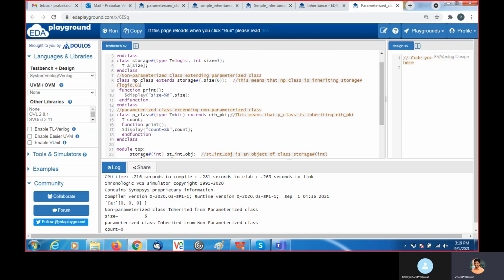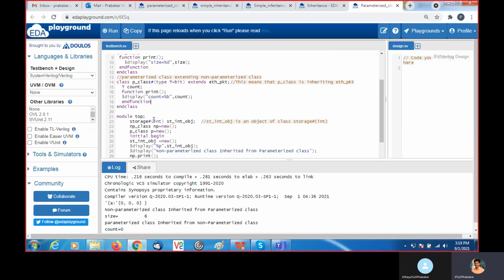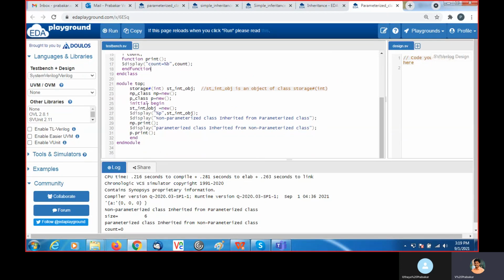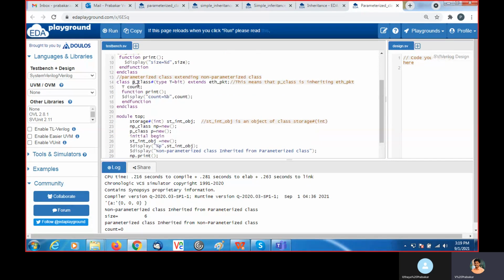You see, the actual value of size is 3 in the storage class. Here in the NP class, we are overriding the size as 6. When I call this print, I am getting the value 6 here. And the P class, I insert here, and then I create a new on this line itself. Here I just call the print of this P class.